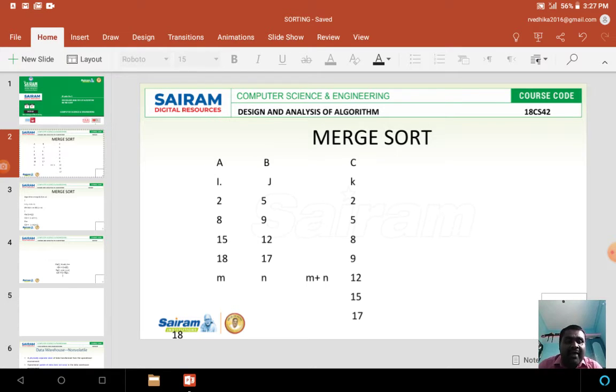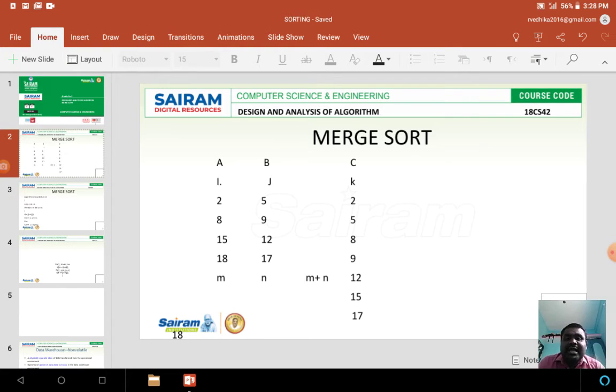So if I have m elements in A array and n elements in B array, my sorted array would have m plus n elements. That is the concept of merge sort. So here the first array element I represent as A of i and in the second array as B of j.